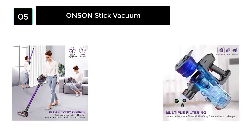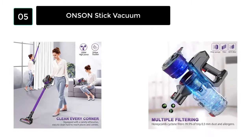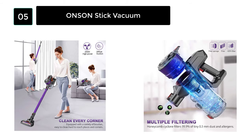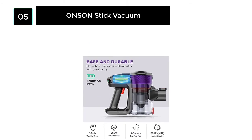The vacuum comes with 2 brush heads. The small one is for cleaning hardwood and tile floors while the bigger brush is for cleaning rugs and carpets. It has a good suction power that allows you to vacuum any surface. It also uses HEPA filtration,